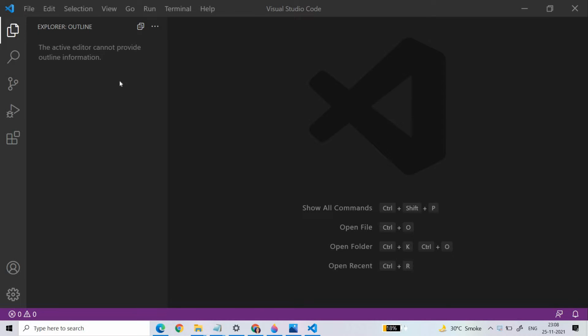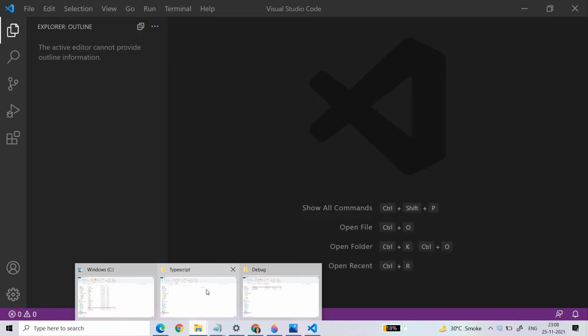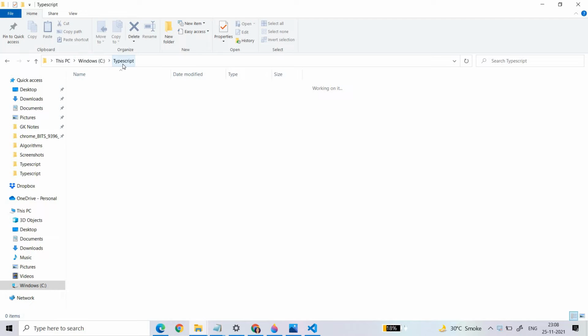Okay, so let me just create one file. I'm using Visual Studio Code as an editor, and I have created a folder at location C TypeScript, and all the TypeScript files that I'm going to write here are for practice purposes, just to show you the demo. I'm saving all the files here only, so you can also create one location. As of now, I'm not going to create any Angular project or any React.js project. I'm just going to create simple standalone TypeScript files, and using the code in TypeScript, I will show you what the various concepts are and how they work.